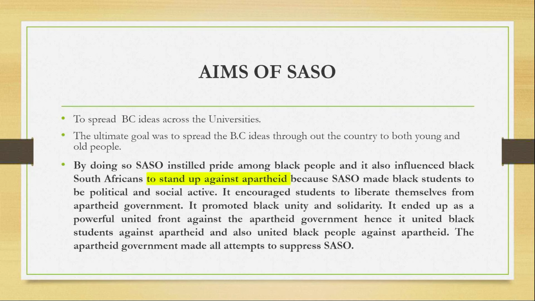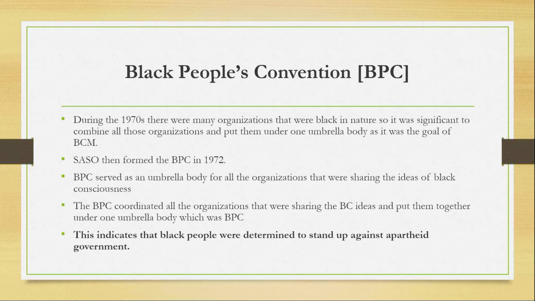It promoted black unity and solidarity. It ended up as a powerful united front against the apartheid government. Hence, it united black students against apartheid and also united black people against apartheid. The apartheid government made all attempts to suppress SASO. So, grade 12 learners, please note what is important when you are writing an argumentative essay is to link your answer to the question. Stance is very important. That's line of argument. Failing which, your essay will be just a narrative essay